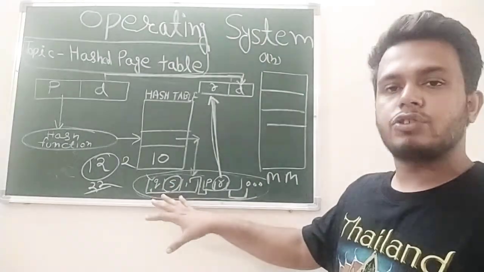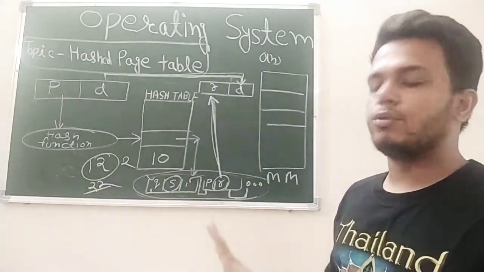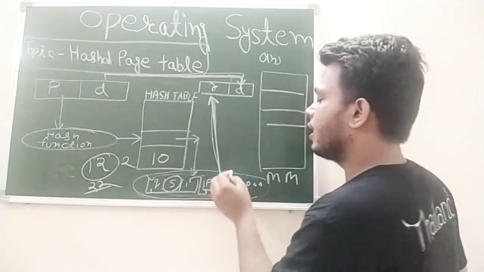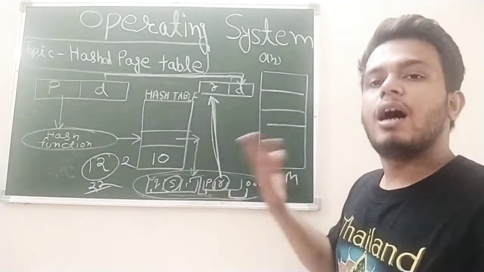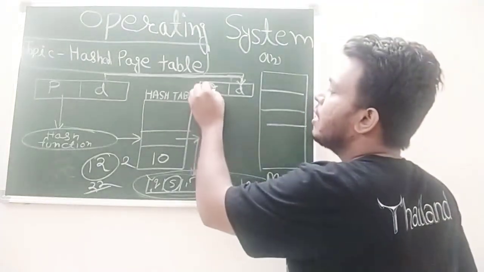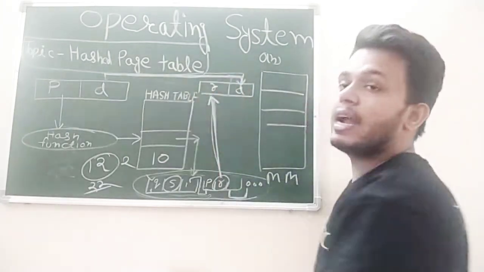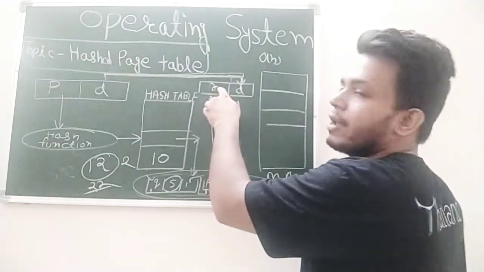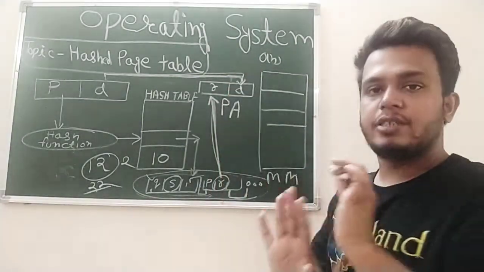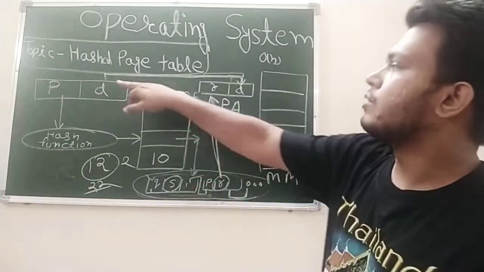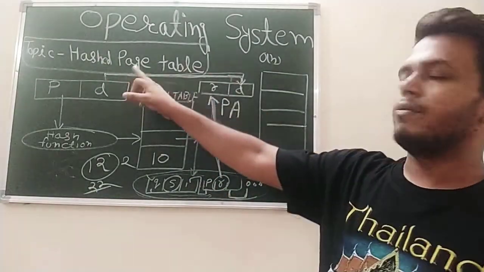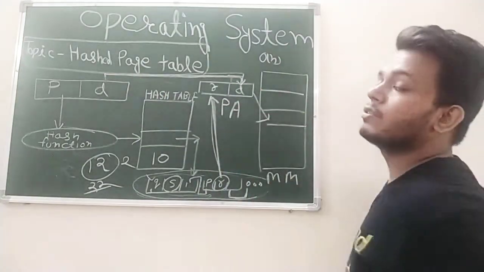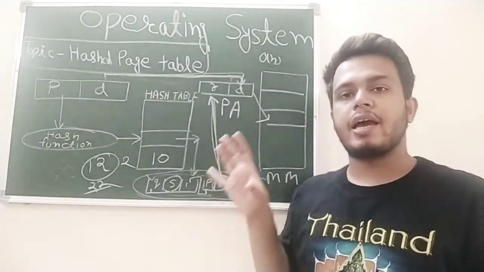So CPU ने सबसे पहले इसको चेक किया, it has 12. It will not return this. It will go further. तो वो इसके बाद अंदर जाएगा, अंदर जाके इस P वाले को चेक करेगा. अब उसको वो मिल गया, तो it will give the data to that particular physical address. तो ये आपका physical address बन जाएगा इससे, और इसमें आपका frame number आ गया. ऑफसेट हम कभी चेंज नहीं करते. We are copying from the particular logical address, and at that particular address we go and fetch our data. This is all about the hash page table.